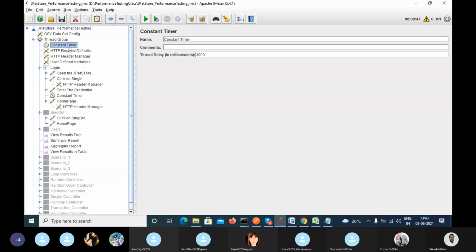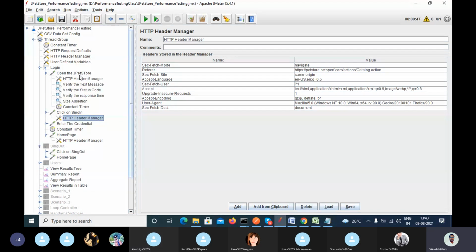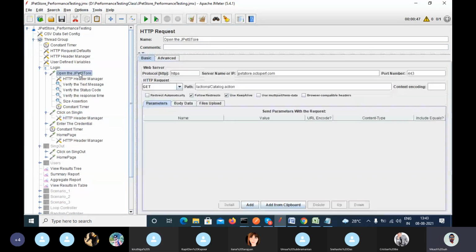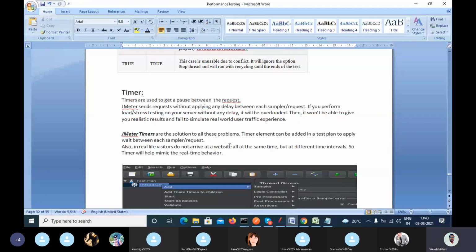Clear? If you are adding at parent level, it will be applicable there. If you are adding individually, then it will be applicable for that particular one. Clear? Okay. Now